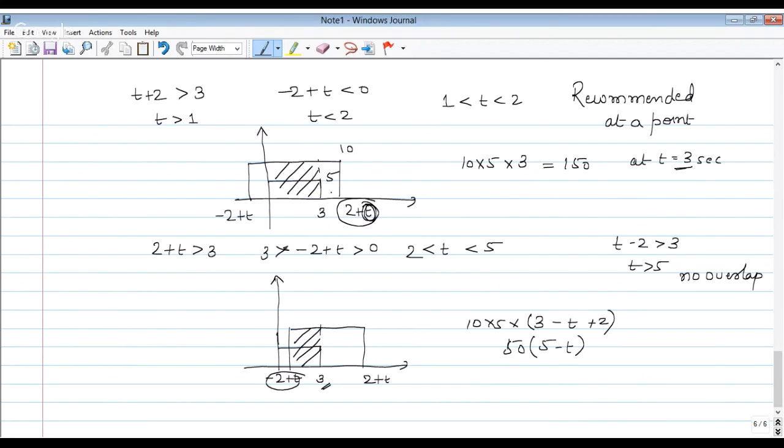Here we will keep t as 3, so I'll shift it directly by an amount 3. So what I'll do? Minus 2 plus 3 will become minus 1. 2 plus 3 will become 5. And this will be 0 to 3. So now I can directly take the common area. So when you have a fixed t and it is asking you at that particular point,